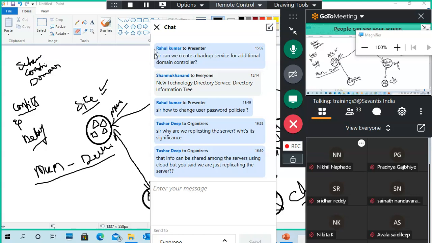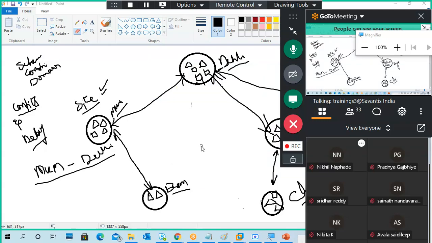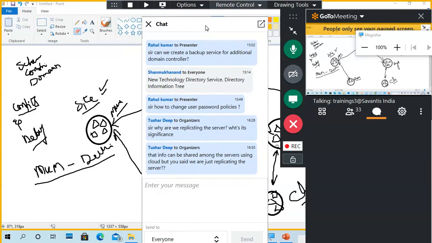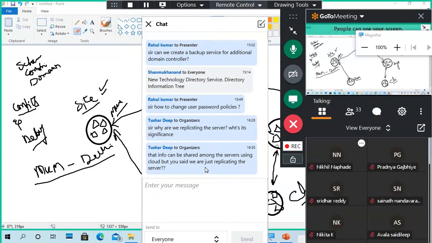That's actually a good question, like an interview question. Definitely, how to map the question to the answer, that is a difficult one. Just like your Cognizant interview question type only. This is the question: shared among the servers using cloud, but you said what are the